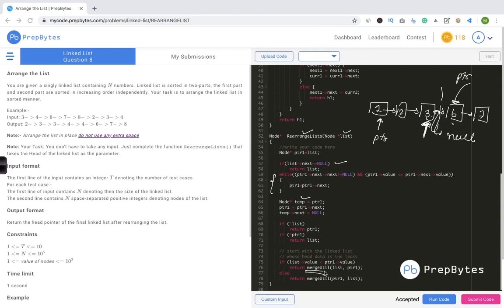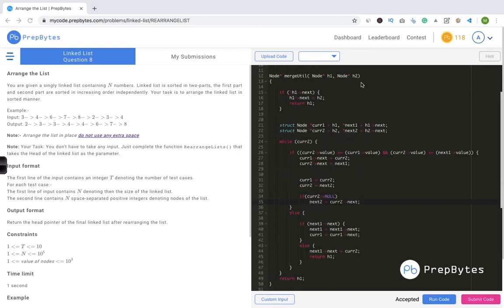So we have a merge util function. In this merge util function, whichever is parameter 1, we'll be inserting the next list into that particular parameter. So if the first node of the first list has a value less than the next one, we will make it the list in which the merging will happen, and else the other situation occurs. Okay, now let's go ahead and see the merge util. This merge util is where we will implement the algorithm or the pseudocode that we saw in the previous slide. Okay, so this is my merge util function.